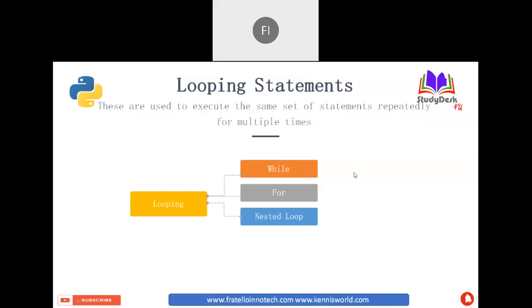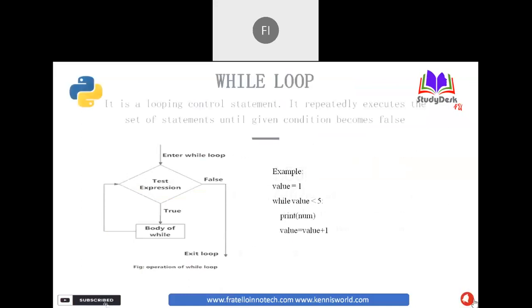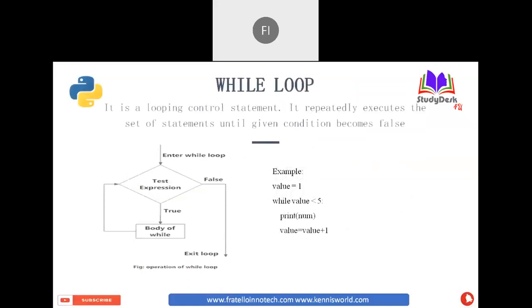But for while loop, you may not be aware of exactly how many iterations will occur, but you know when to stop or on what condition you want to repeat the loop. Then we go for while loop. So remember, if you know the number of iterations exactly, go for the for loop, otherwise go for the while loop. Simple clarification. Now, the first one, as I mentioned, is the while loop.